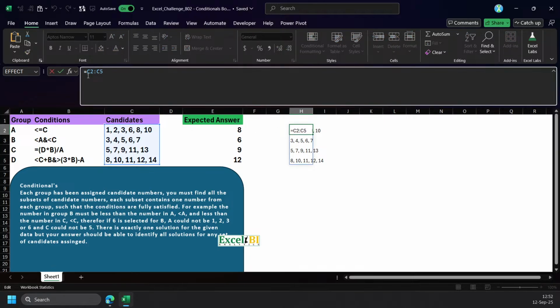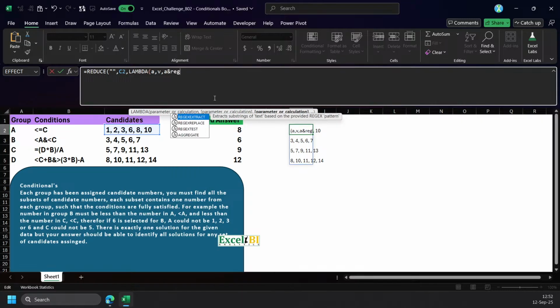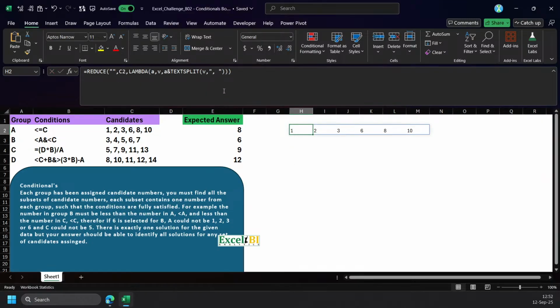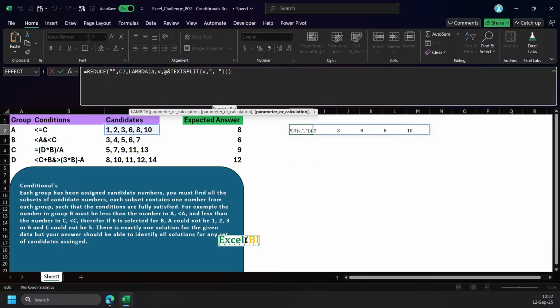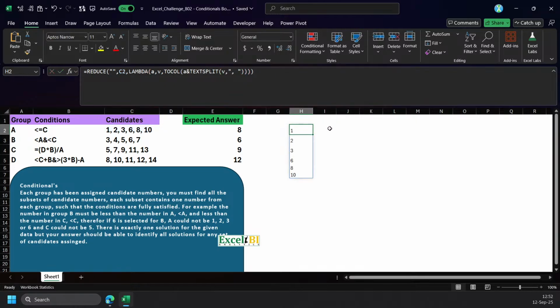I'm going to start with blank, reduce this one, and go with C. And the AV, as usual, I use AV, and then A and regex extract. Oh, I can just go TEXTSPLIT the AV with comma and space. Now we have this, and this is the first time. Then with this, I use TOCOL to make it into a column like this,